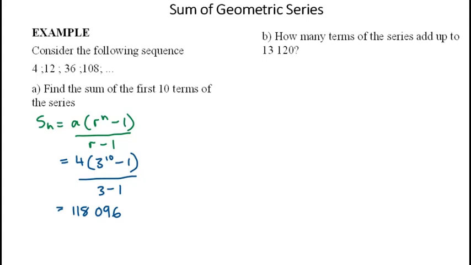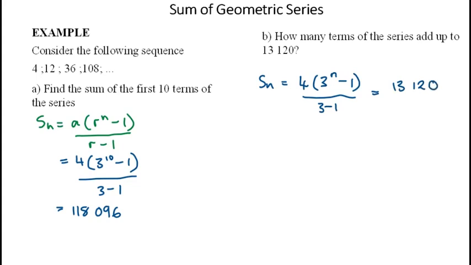How many terms of the series add up to 13,120? Okay, so that means if we add this series using our formula. Now in this series, we don't know what the value of n is, but we know the value of a. It's 4. So we're going to replace that with a 4. We know the common ratio is 3, so we're going to put that 3, but we don't know what n is. So minus 1 over 3 minus 1 should equal